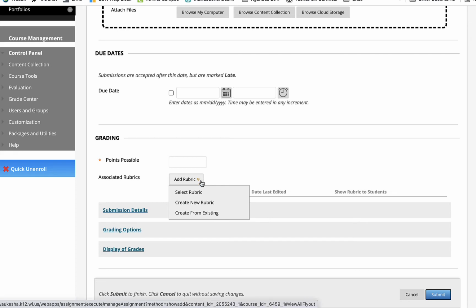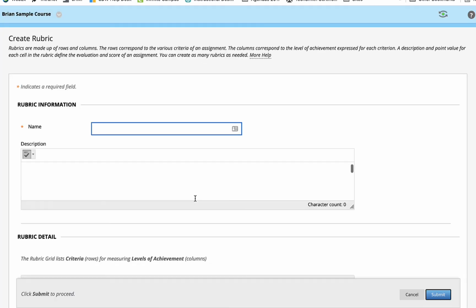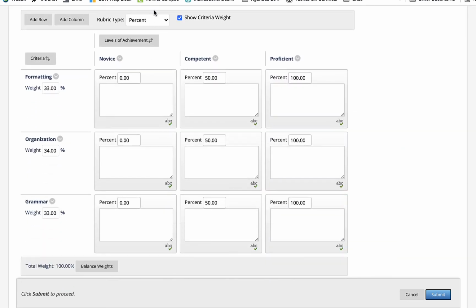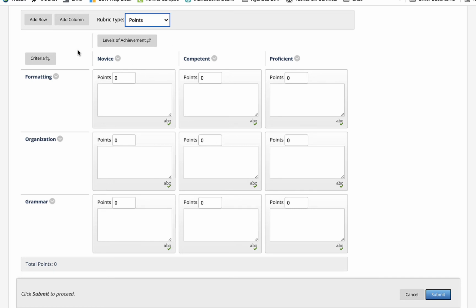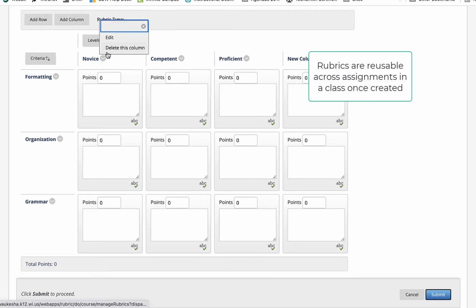One of the really nice features is the ability to grade to a rubric. I've already created a rubric, but here you can create a new rubric for your particular grading needs. If you want to see what creating a new rubric looks like, that takes us into a new window. We can name and describe our rubric here. And then we can do things like change our rubric to a points base. We can add an additional column. We can change this to